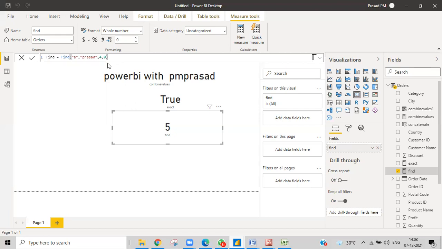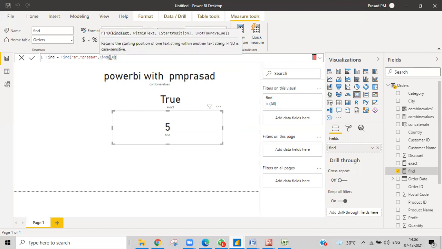To find the first occurrence of that particular A, obviously we can write the same function, rather than hard coding that one. This is an advanced kind of function. We'll see this kind of thing in real time. We don't see single functions; most of the time we mix another function, or the same function, within the function, and then only we'll get the results. That is what real-time concepts are.